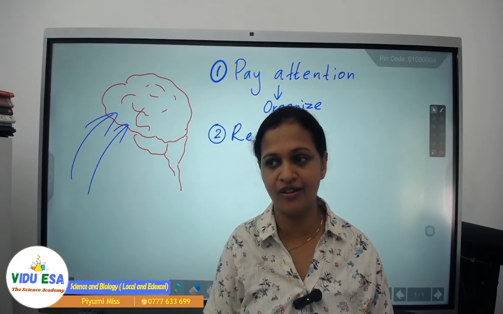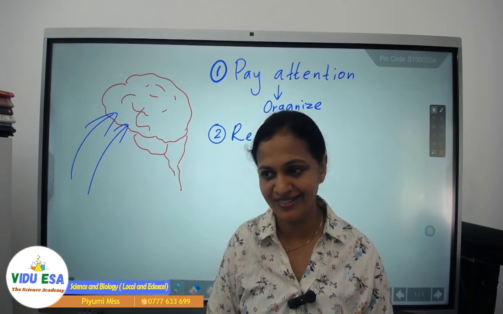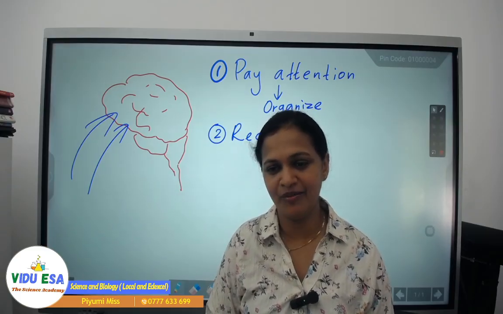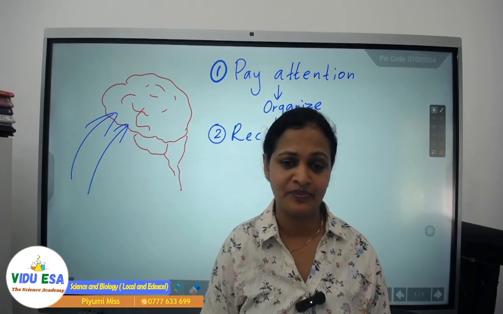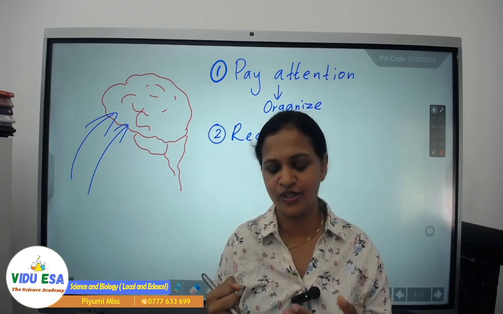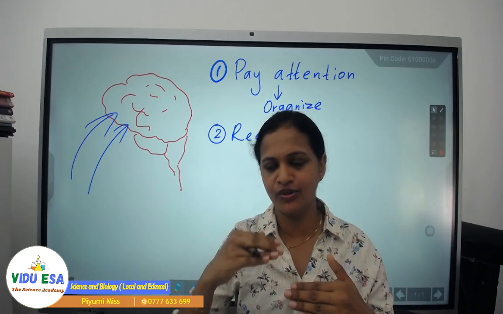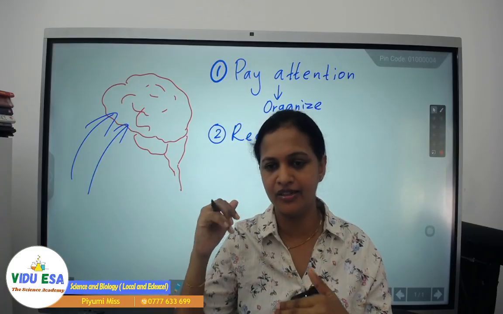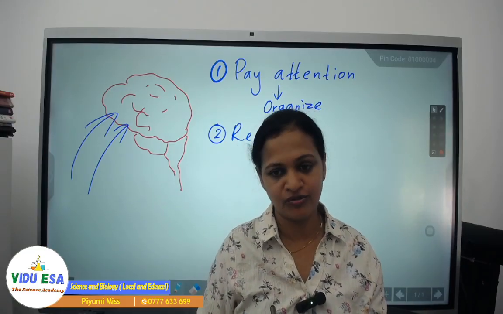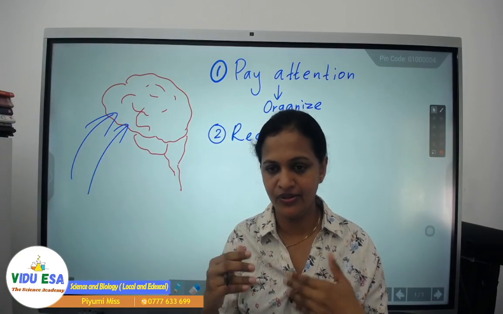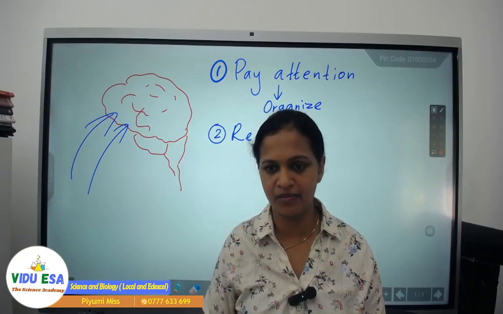That's why I have asked you to make a timetable of your own. You are the person who knows what things you have to do after school. So accordingly, you can divide the available time, at least half an hour for one subject, right? And you have to revise the previous subject matter as well.